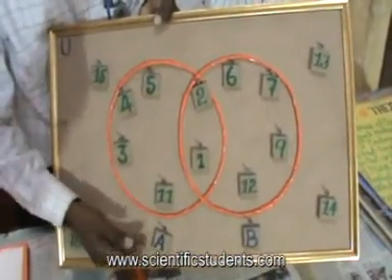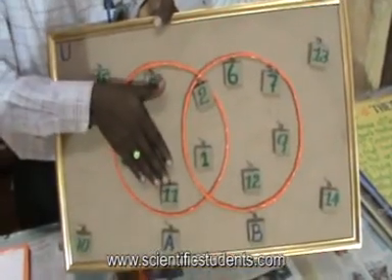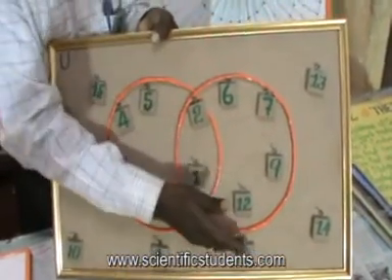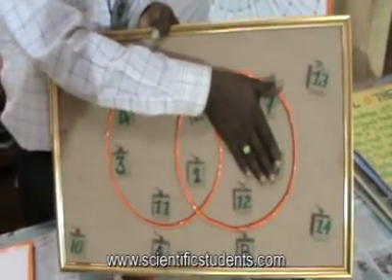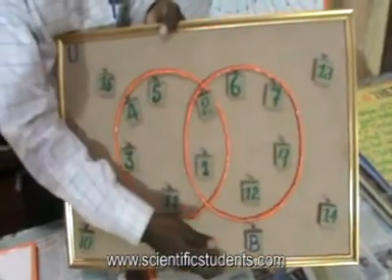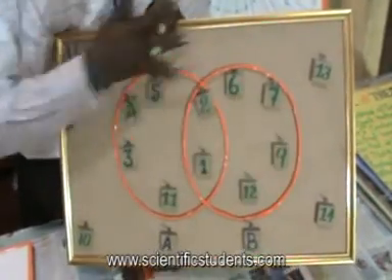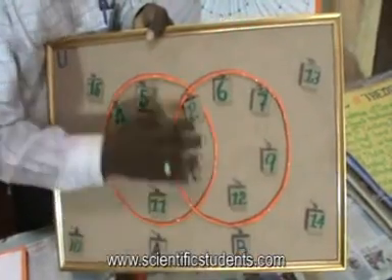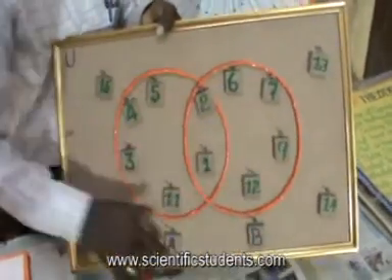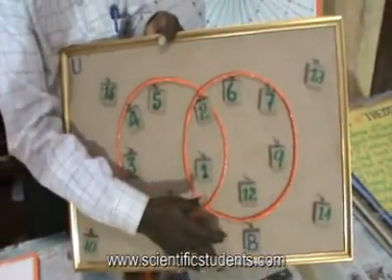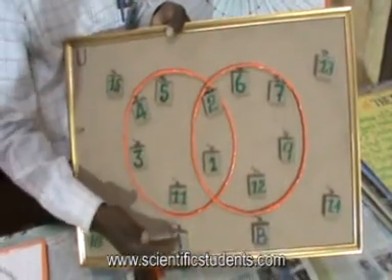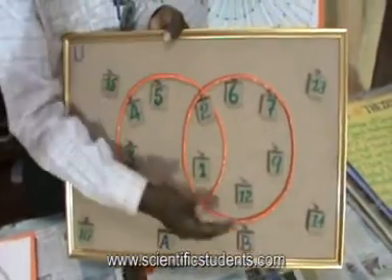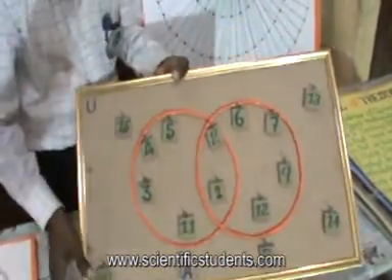Then we can know A minus B, these elements are A minus B. We can know B minus A, these elements are B minus A. Then A union B whole dash, remaining these elements are the A union B whole dash. Then A intersection B whole dash, remaining these elements. We can also say A minus B whole dash. We can also say B minus A whole dash. Next step.